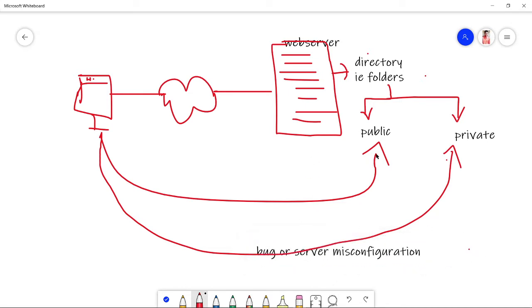Accessing the public directory is open to all, but if they have configured their server in a less secure manner, someone may be able to access private directories.